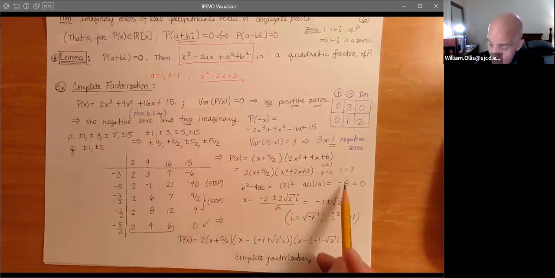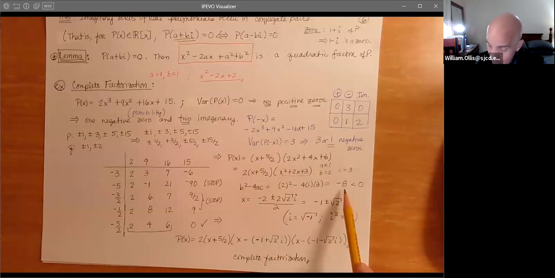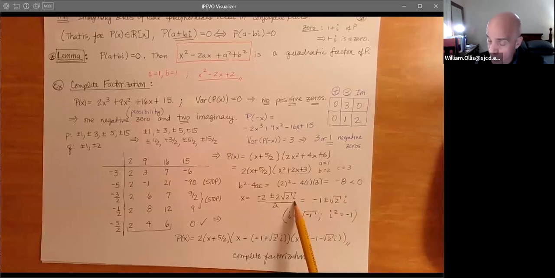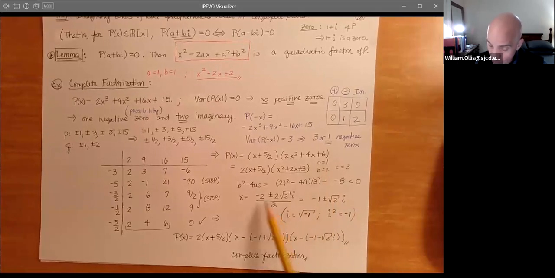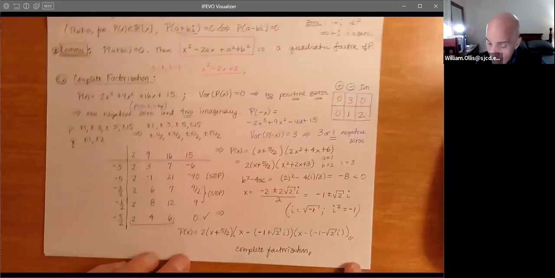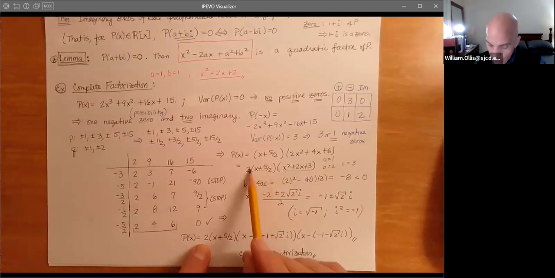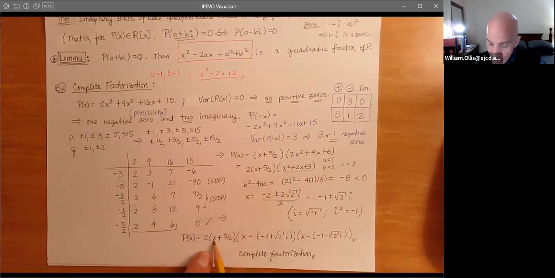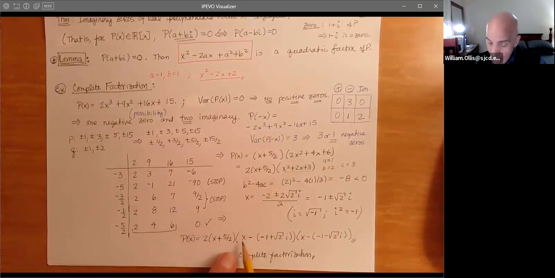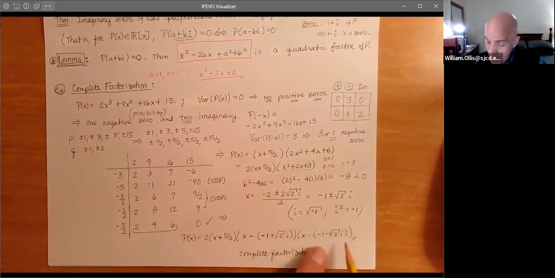Now, of course, when we set up the quadratic formula, we get the opposite of b, which is -2, plus or minus, again, 2 root 2 times the imaginary unit divided by 2a. And of course, all the 2's absorb, and we're left with -1 plus or minus root 2 times i. So now, like I said before, we can just go ahead and bring the 2 that we got for free right here and have x minus a -5/2, x minus the first imaginary 0, and x minus the second imaginary